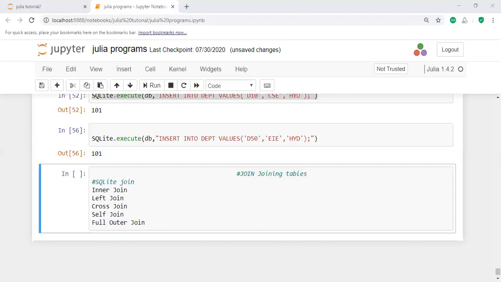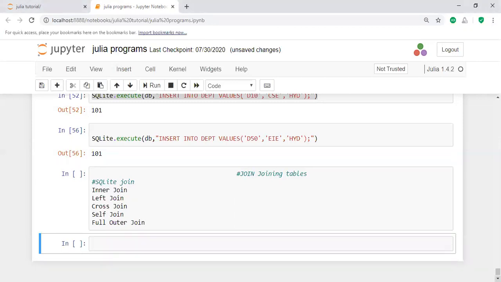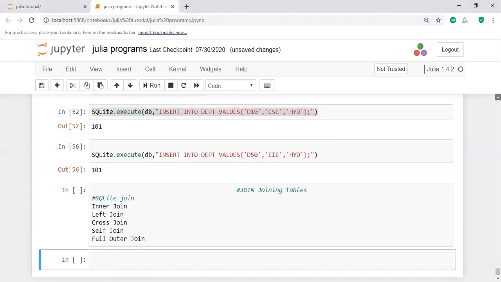One important one here is the left outer join. What is the left join condition? How can you execute the left join? I'm not executing this one first, I'm going to create the left join. Before executing this, you require two tables, that means you have to execute the two tables.